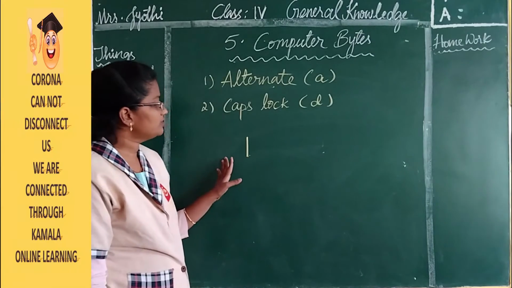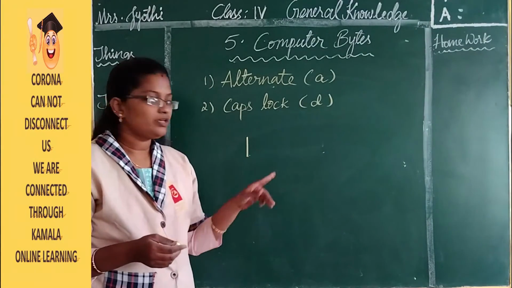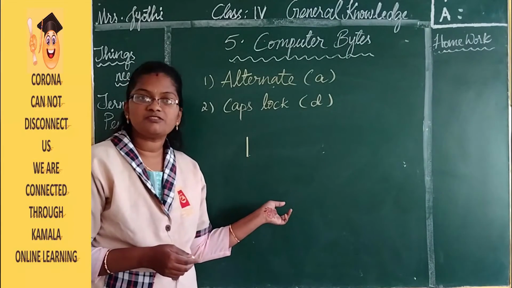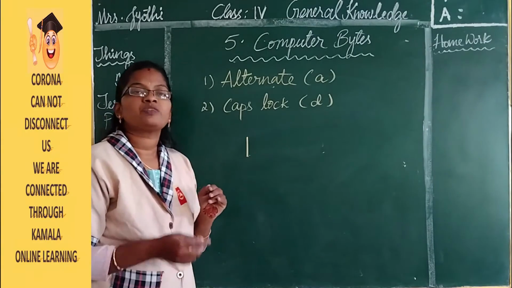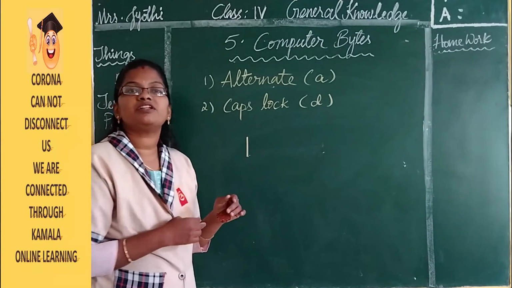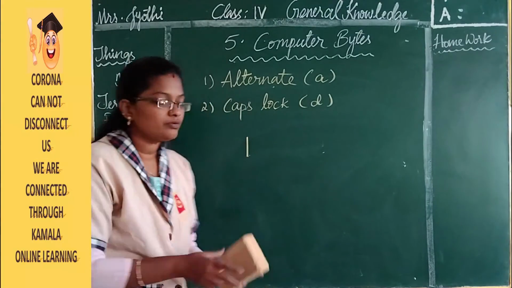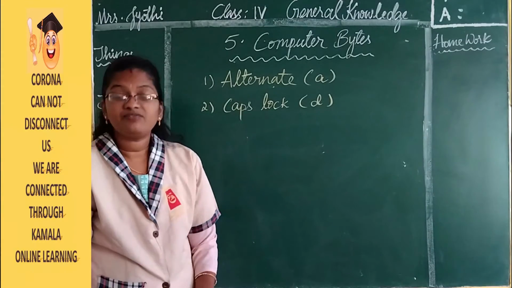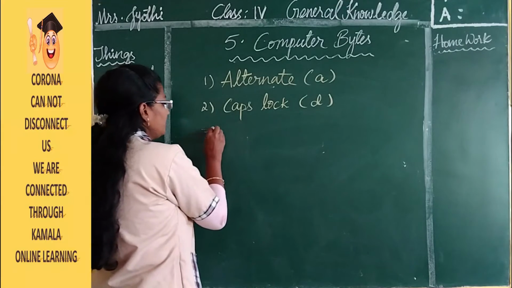Now we want to move this cursor for several spaces. Whenever we are typing, if we press the space bar, only one finger distance is going to move. Now I want to move it for several spaces. Then which key do I have to press? Here you have to press the tab key.